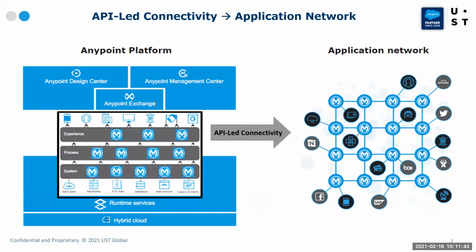So once you have this structure of API-led connectivity, you start with a small project, you develop your reusable assets, and you slowly build your application network. That is what MuleSoft suggests to adopt, the application network concept, to build the integration. So we start with the small projects. Then once you have those reusable assets, you publish them to Exchange. And when you're building your next project, you check in your Exchange whether you can reuse those assets and consume them to build the application network across multiple applications.